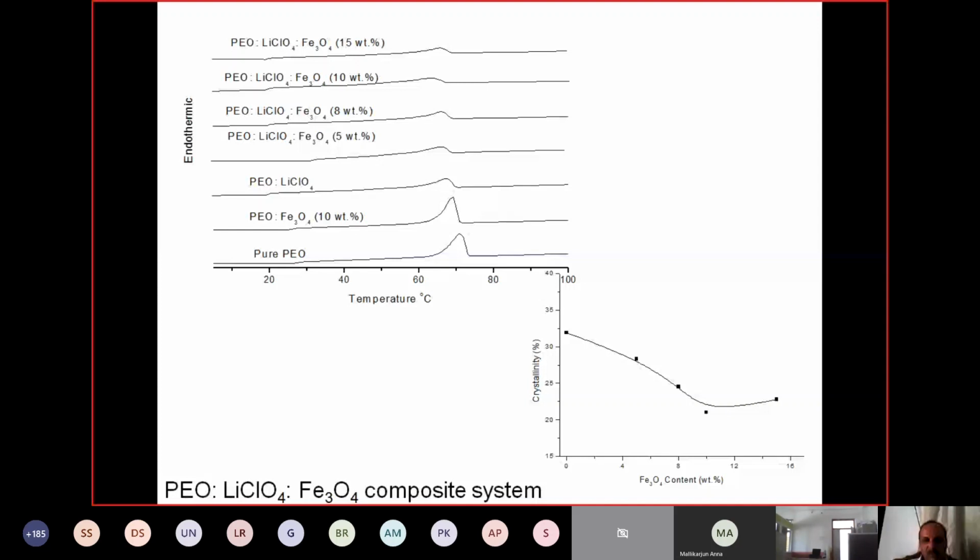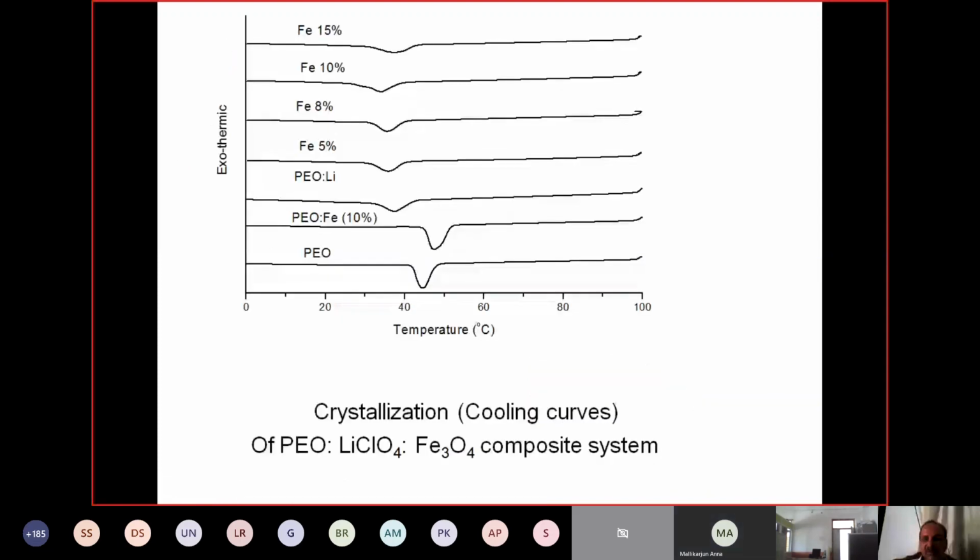Okay. This is the crystallization. That means when we are heating and cooling that. Right. So this crystallization, that means decreasing the temperature. We are heating that material to higher temperature and slowly cooling, how that crystallization is taking place. You see here, the crystallization temperature is decreasing by increasing what? Even the nanoparticle to that polymer electrolyte also. The same result we can find as we added the salt to that polymer.